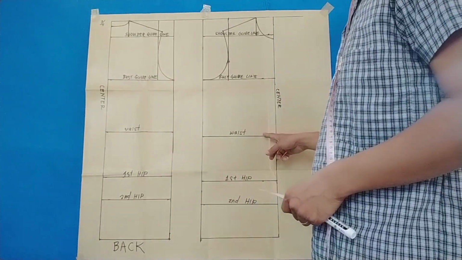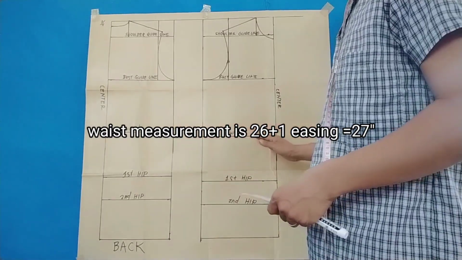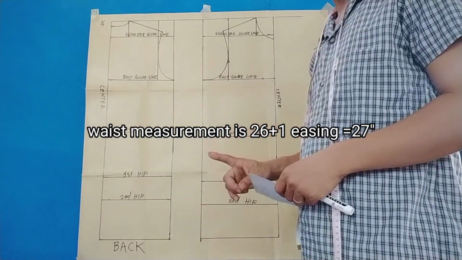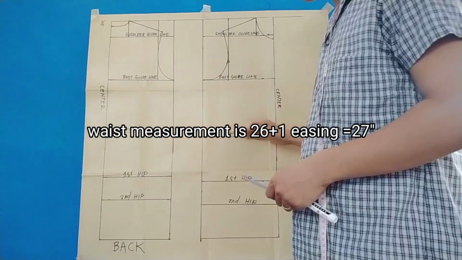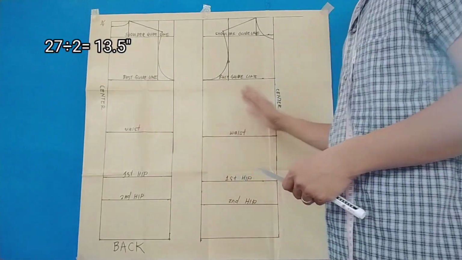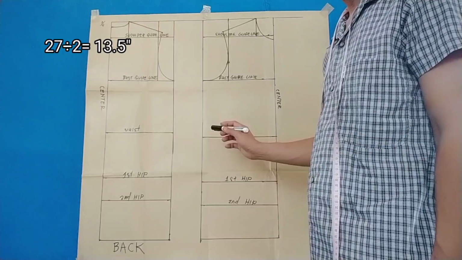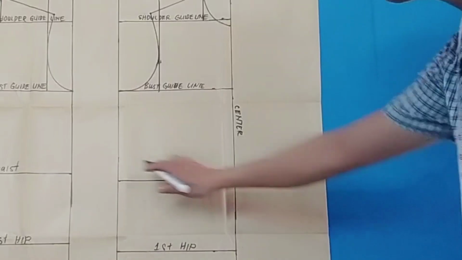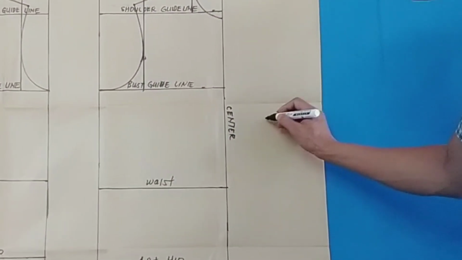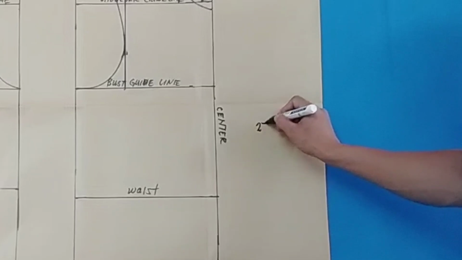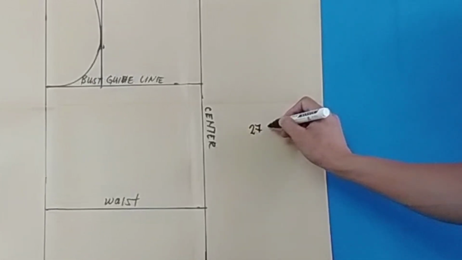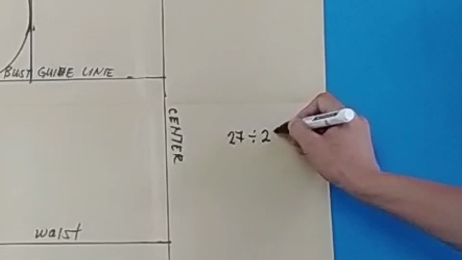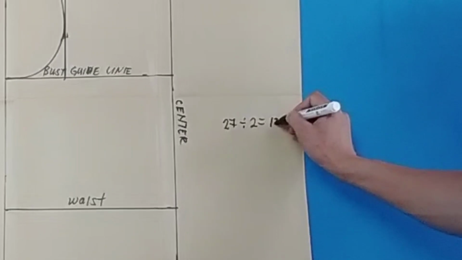So, ang aking original na waistline dito is 26 inches. Nagdagdag ako ng 1 inch for easing, kaya naging 27 inches yung aking waistline. So, yung waistline, i-divide ko muna sa 2, 13 and a half, yung kalahati ng 27. Ganito ang formulation yan eh. So, ang waistline ko is 27, kasama na yung easing. So, i-divide ko sa 2. Sa 2 equals 13.5